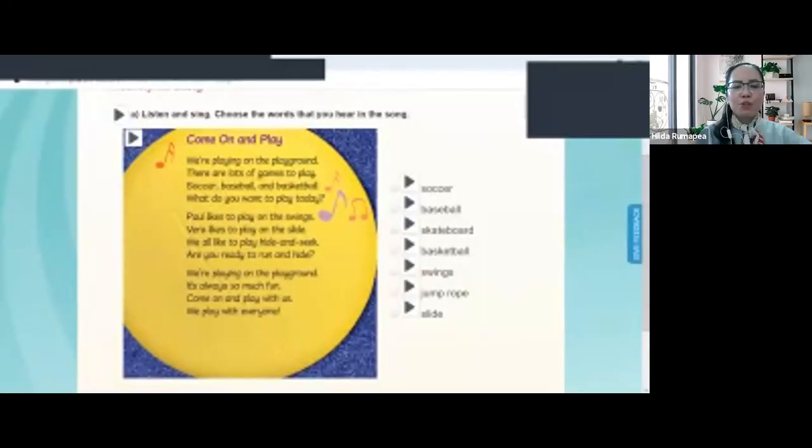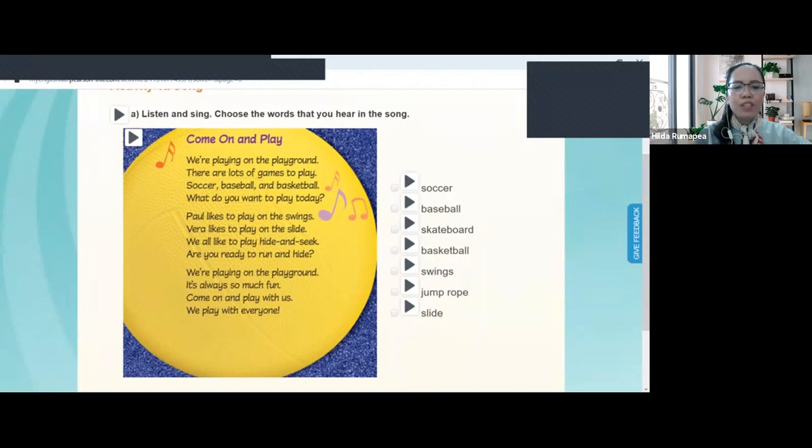Class, you're going to do some pages of the workbook in Unit 2. I'll show you how to do it. Let's start with page 12. There the order is listen and sing, then match. In your workbook, there are provided pictures that you have to match with the name of the activity in the lyrics or with the vocabs in